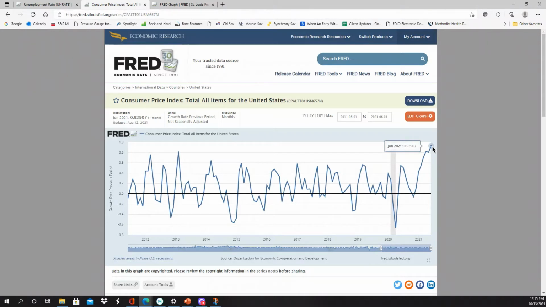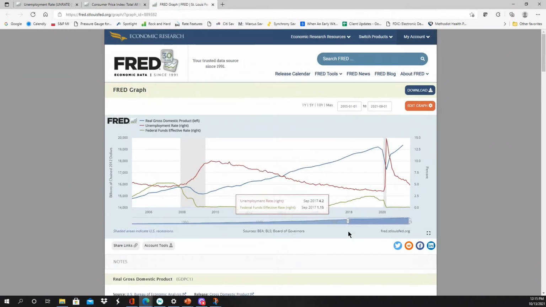And if we look at the data, we see it does bounce around. There's good justification for asking, is it sustainable when we look at the consumer price index? But we know that it is definitely at a level that is much higher than what we've seen in the past. So that brings us to the question, how does this all kind of come together?